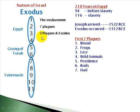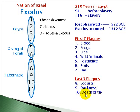Then in Parsha 3, we have the 3 plagues and the Exodus. So the last 3 plagues were locusts swarming the land, eating up whatever was left from the hail. The 9th was darkness, a very thick darkness that descended on the land. At a certain point, no one could move anymore. They were frozen in their spot, except for the Jews. And then the 10th plague was death of the firstborn of Egypt. And that's when the Jewish people are celebrating their first Passover, where God passed over their homes and took away